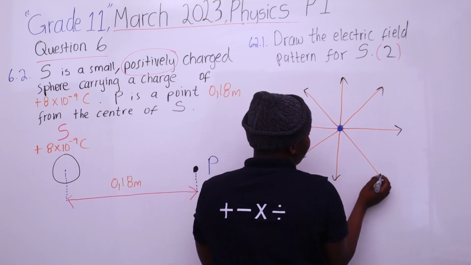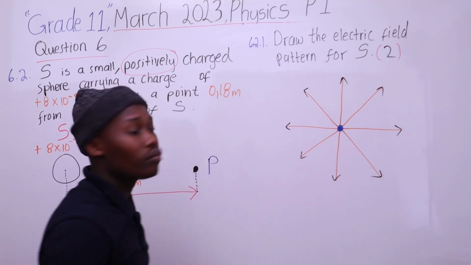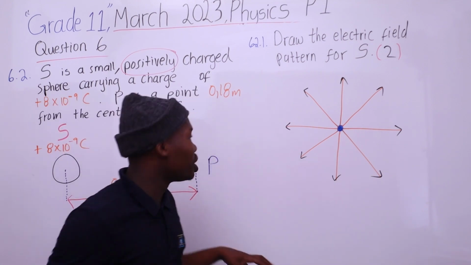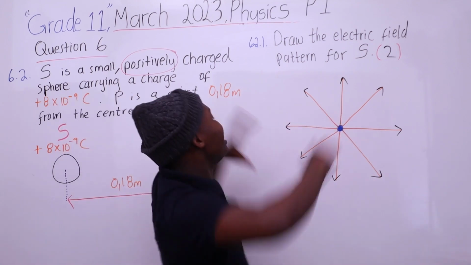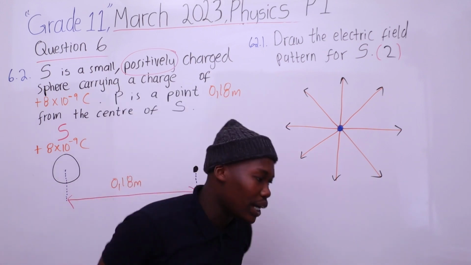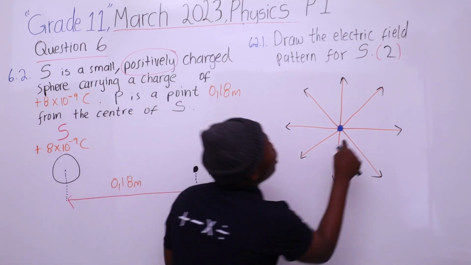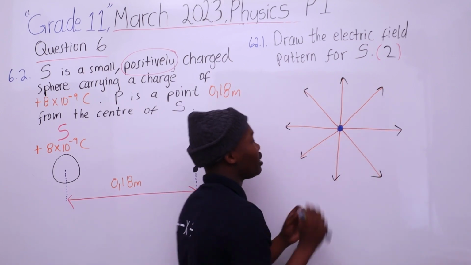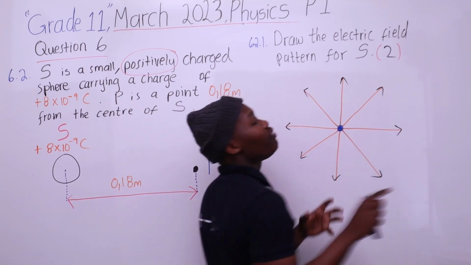Remember, this is just 2 marks. You have proven it's a charge, and these are the electric field lines. An electric charge will experience a force between these electric field lines, which